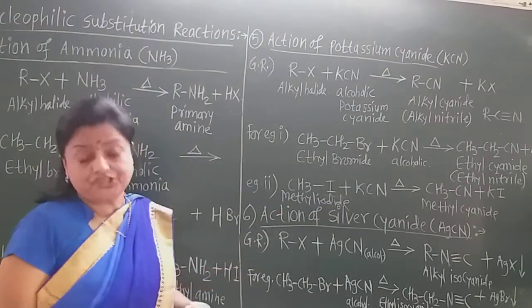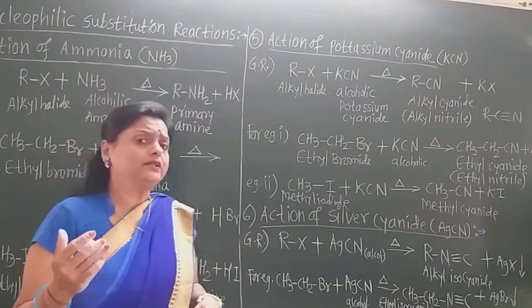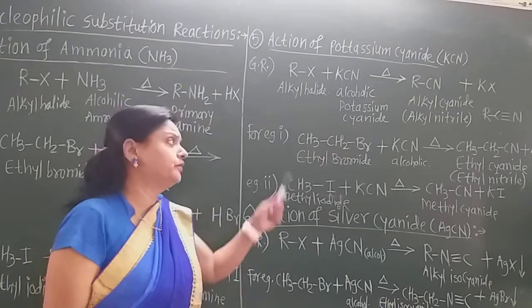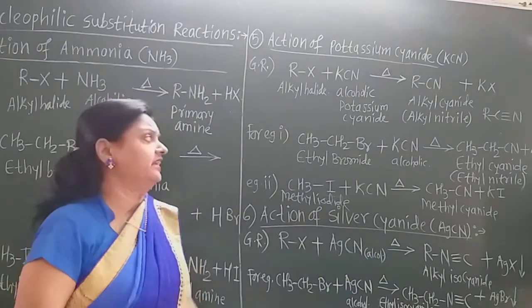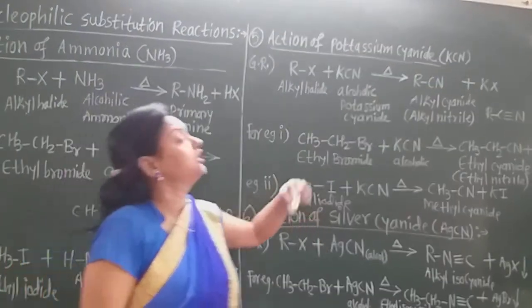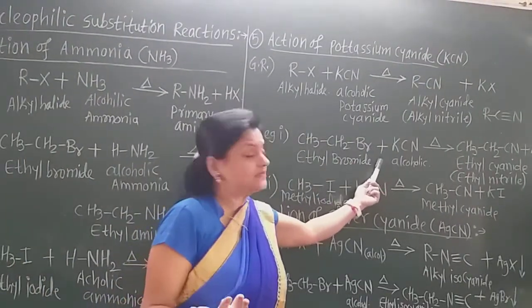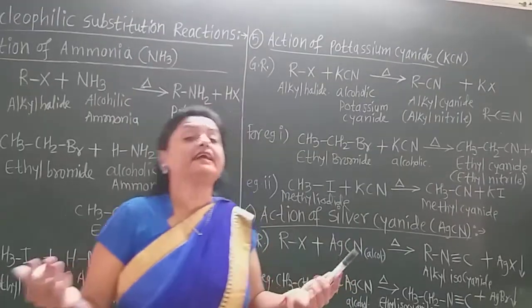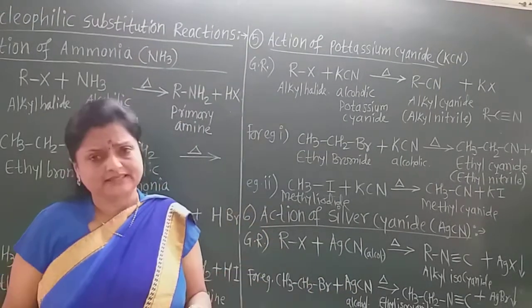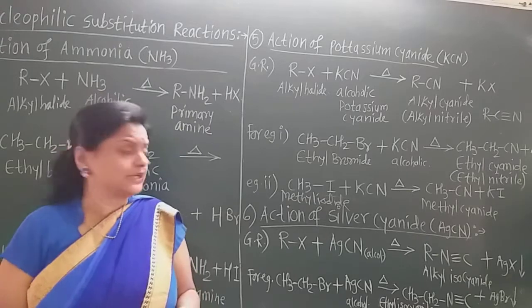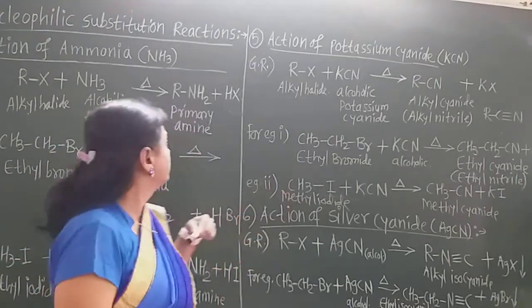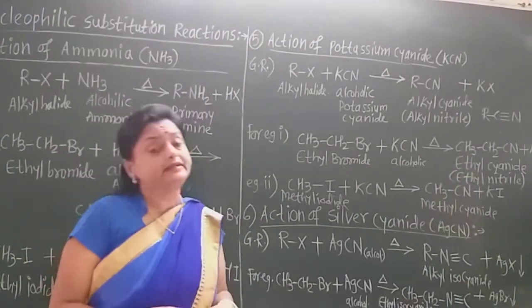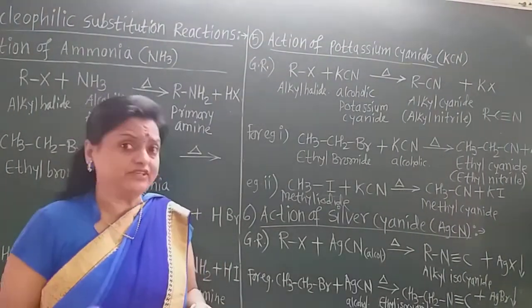Now next reaction. So while writing the answer in the examination, you must write down this balanced reaction and only one sentence: when ethyl bromide reacts with alcoholic solution of potassium cyanide, ethyl cyanide or ethyl nitrile is obtained or formed. That is very simple to write as the description. I do not give the description for this reaction. In the first reaction I will give that description, but in very simple language.